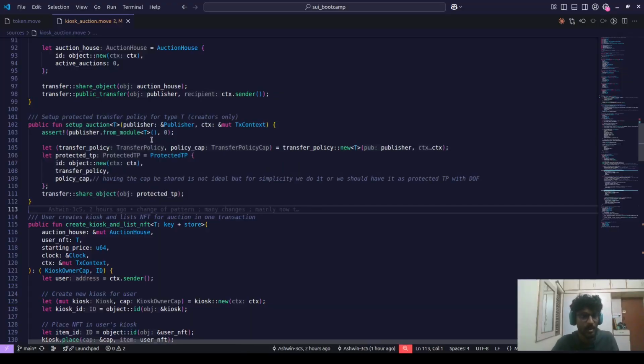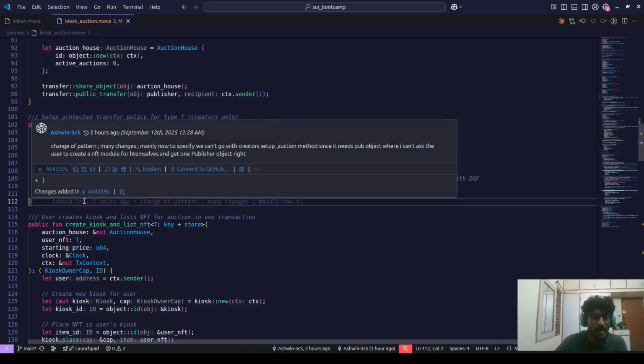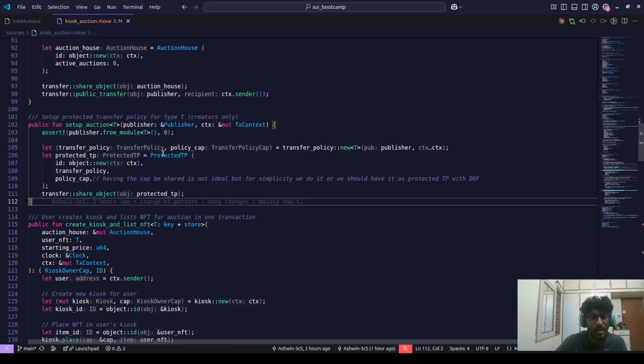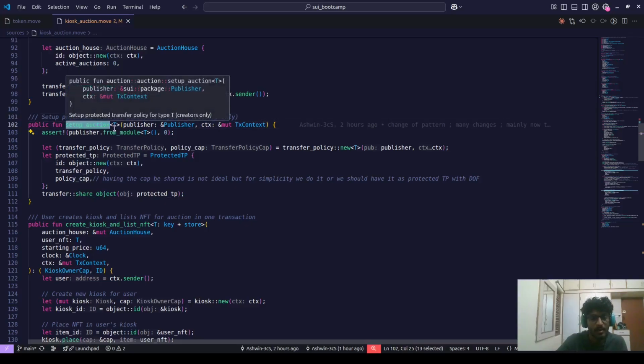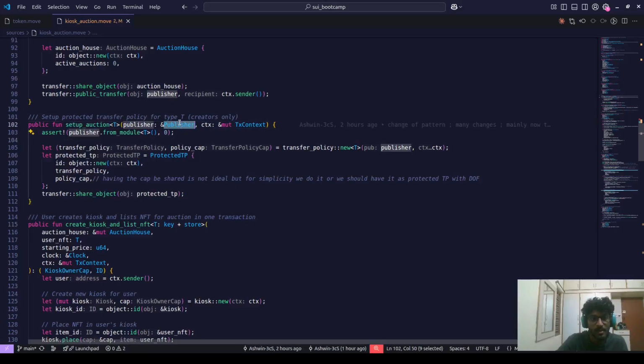What I'm doing here is, in my opinion, how it should look in production: it should be a separate module where you have this setup auction function being called. Why I am saying this is, from the user point of view, you are going to call this module. So when the user calls it, you are going to pass in the publisher object and